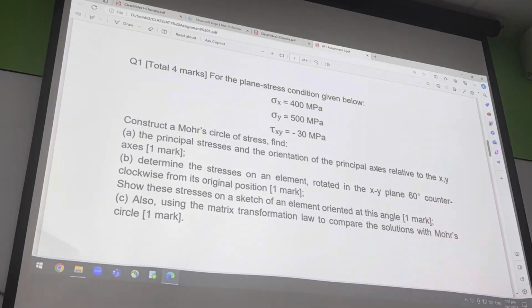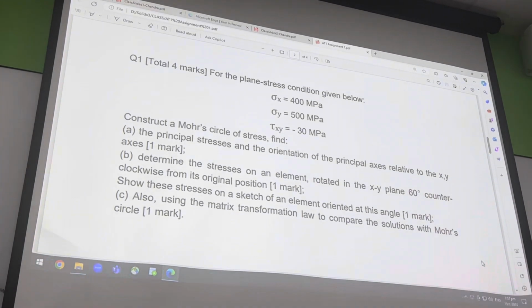Is that okay? Okay, so now the time is 8 o'clock. You can go for 15